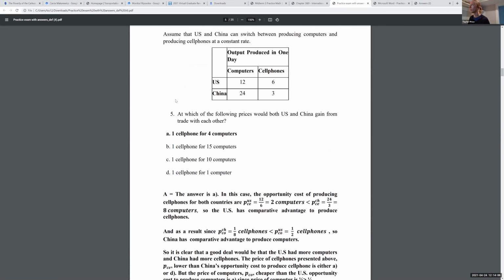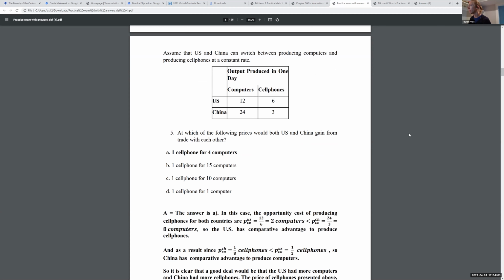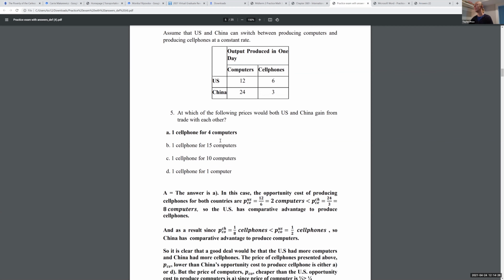Is this the number 5 that you were thinking of? Yes. Okay, so this one gives you just a small little table that's telling you the amount of goods produced from each country. And the question's asking you, at which of the following prices would both US and China gain from trade with each other? So this is the one where you have to compute the opportunity costs of production for